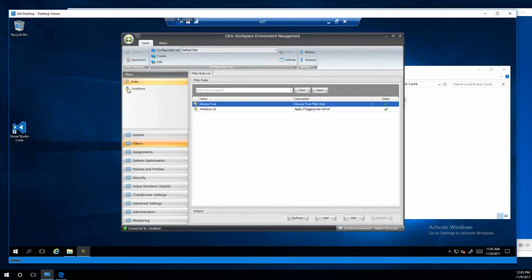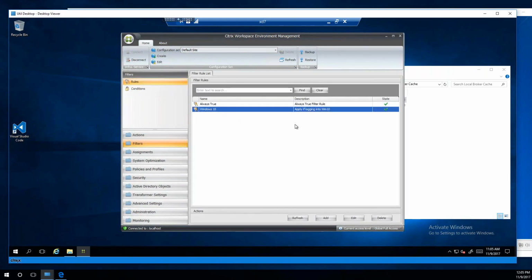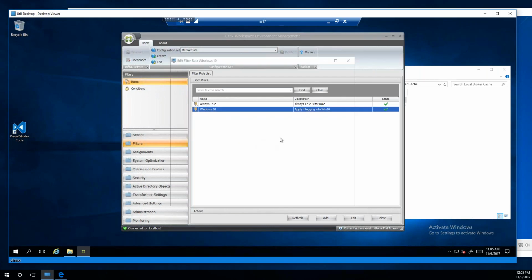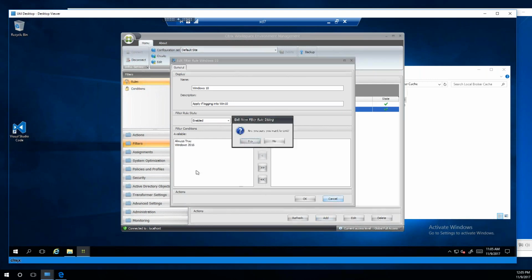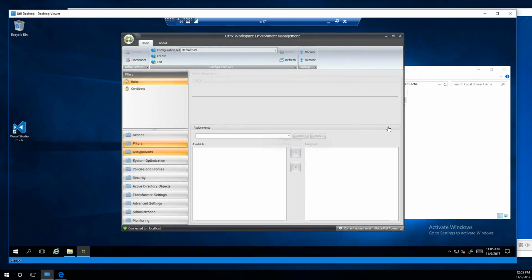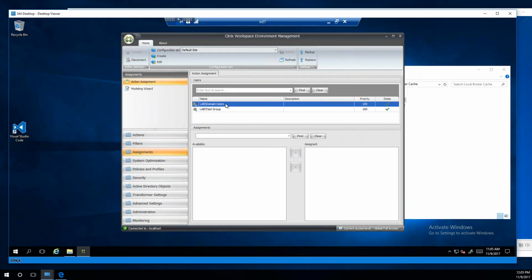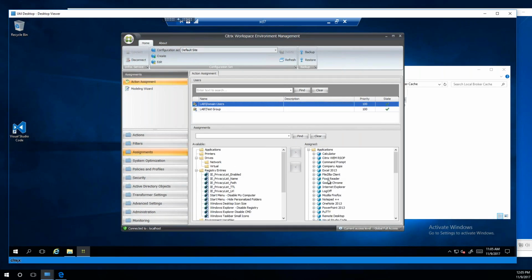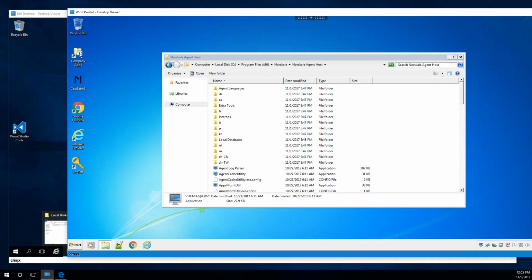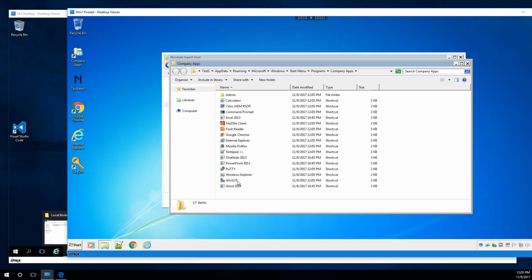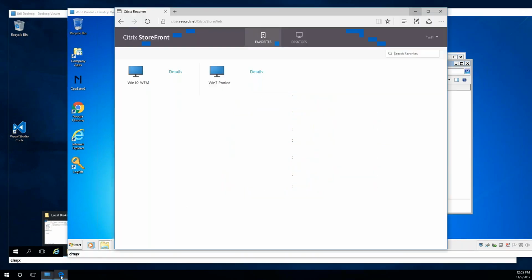What these will do is after you've created a condition, you then create your rule. So that way you have the rule that's, in this case, anytime it's a Windows 10. And then when you do your assignments is how you set it. To go to the example of what I used it for, it's my Office products. We do not have Office installed on our Win 7, but we do on the Win 10. So the Office shortcuts you will see do not show up on this one at all. But if I log into Win 10, we should see them.